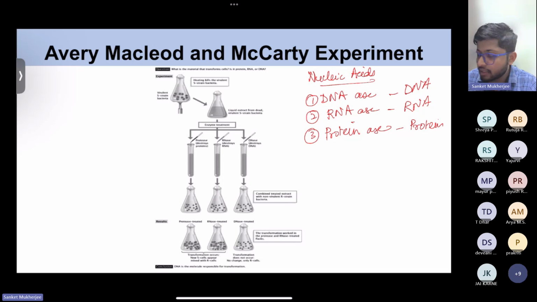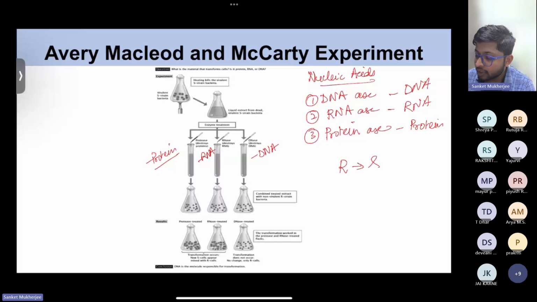So in one tube they added protease, in another tube they added RNase, and in another tube they added DNase. When they added protease, there was no protein in the mixture, right? It was hydrolyzed. When RNase was added, there was no RNA in the mixture. When DNase was added, there was no DNA in the mixture. And after this, they added the rough strain. They wanted to see which particular component is successful in transforming the rough strain to smooth strain. And what they found was that wherever DNA was present, not degraded,